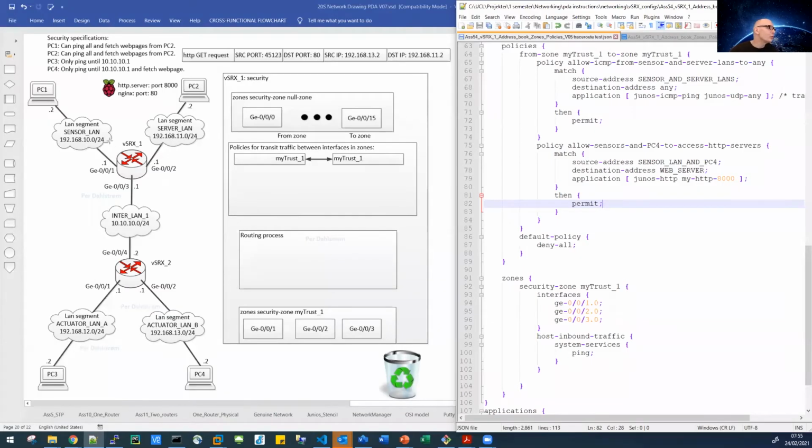In part 2, we saw how to set our security settings for our SRX1. We saw how we had one zone, the MyTrust1 zone, as indicated over here in the graphic. We have all three interfaces GE001, 2, and 3 in this zone. We saw how we have to define a policy to allow transit traffic from one interface over to and out on another interface. It is the policy that is deciding what traffic is allowed to transit from one interface to another interface within